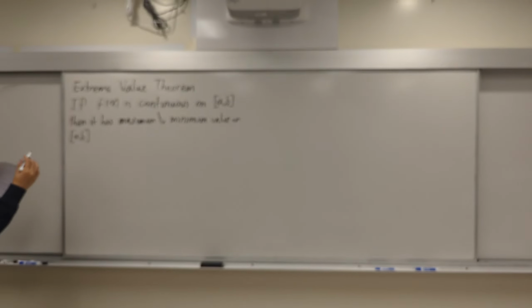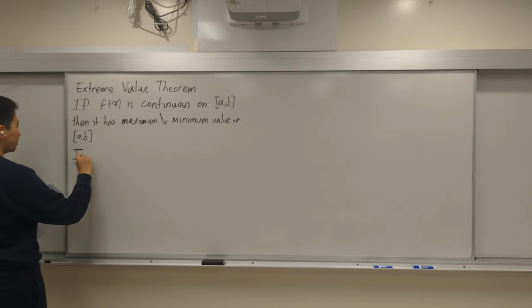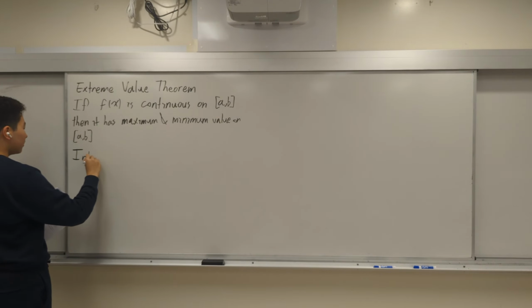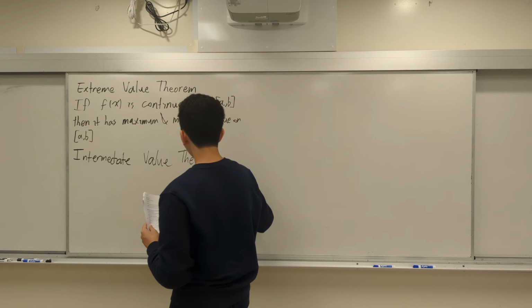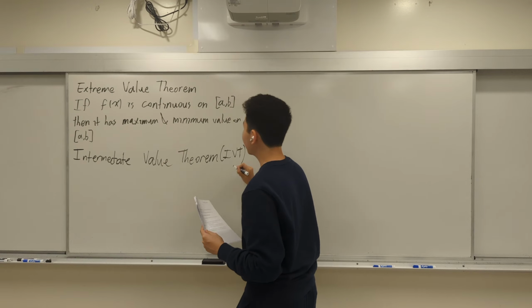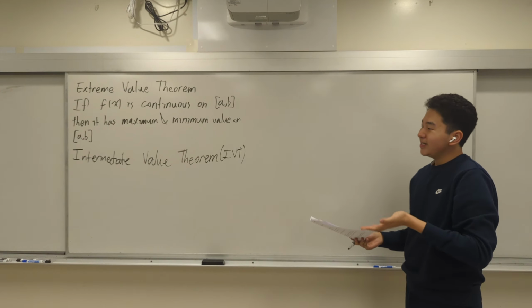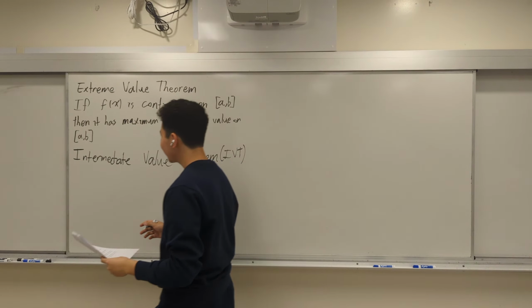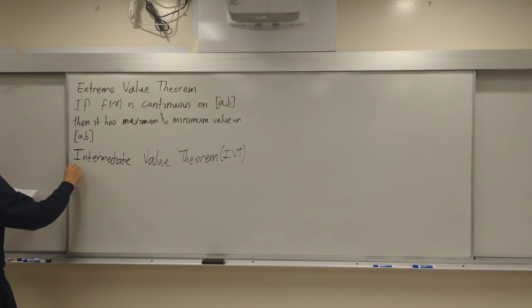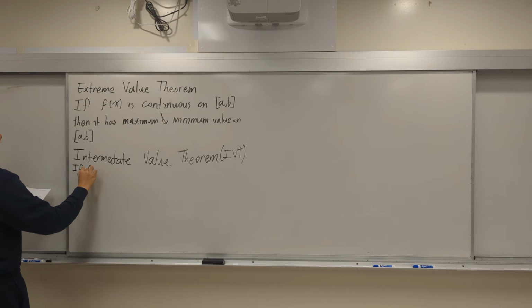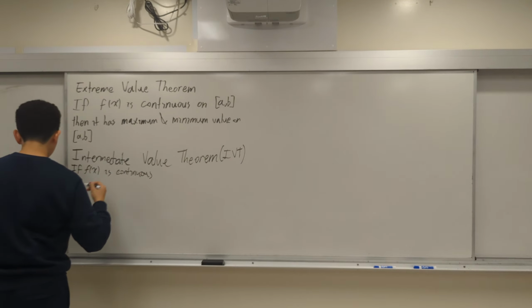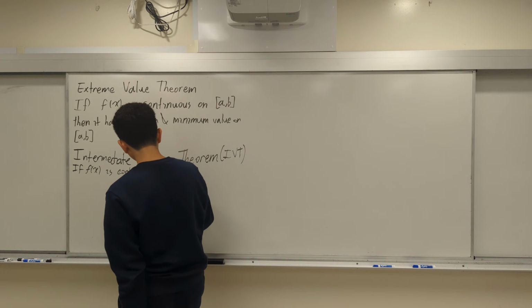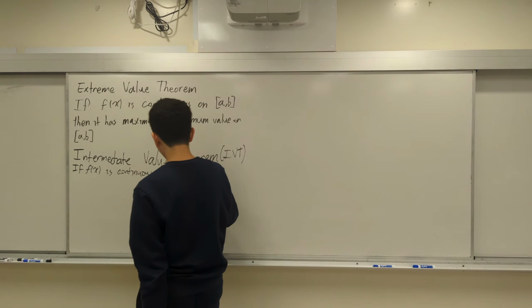The more important one is the intermediate value theorem. We call it IVT for short a lot, because it's just what it sounds like. It's an intermediate value. The condition for this is the same: if f of x is continuous on the closed interval [a, b],